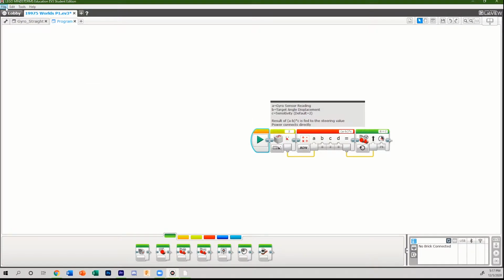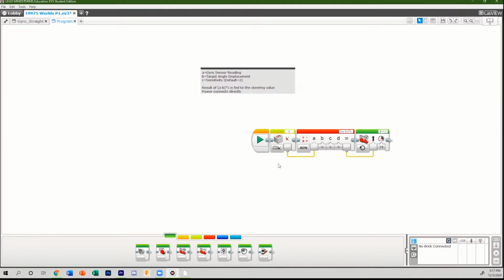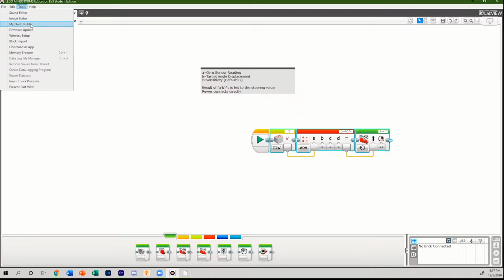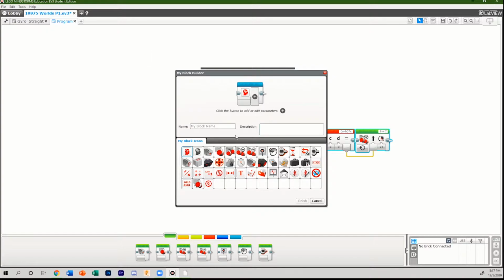In order to make this gyrostate into an actual MyBlock, you need to first of all select everything, not including comment blocks or the play button. So I've selected all of my code, and now I go to Tools and I click on MyBlock Builder. Once I click on MyBlock Builder, you can choose to name it. Since this is a gyrostate, we're obviously going to be naming it gyrostate. You can't have any spaces in it, so that's one thing. So I can just set a description, go straight using gyro,